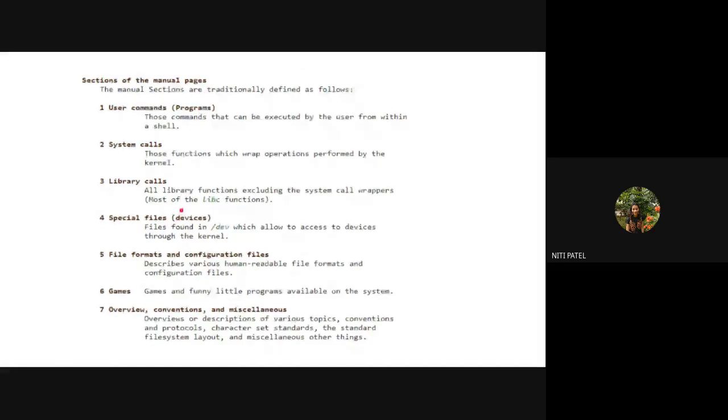So if I type man libc and press enter, it will give me the entire description of libc, that is the C library. It will give me how it is supposed to be written. It will tell me the description of it.